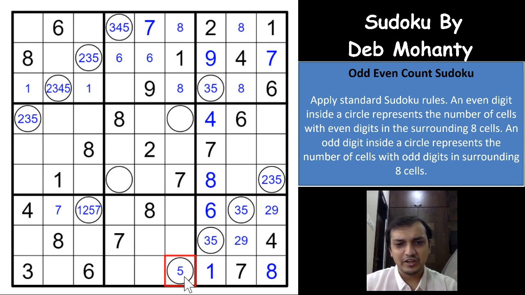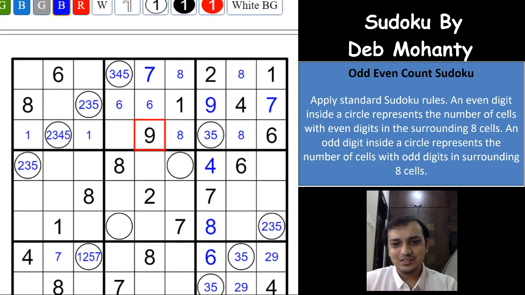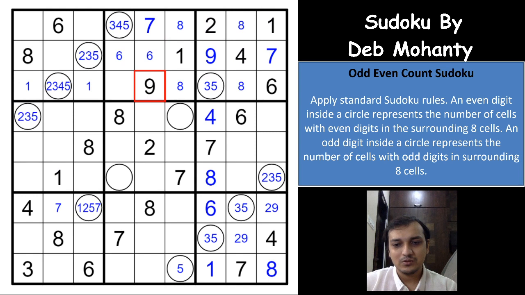The moment you have a 5, all of these digits will have to be odd, right? So in this column, 9th row, I would say 9th row, 7, 5, 7, 1, 5, 3 are already here. This means this has to be odd and it can only be 9, which is not possible. Superb. So which means that this has to be 2. Superb. And because of the 2 here,